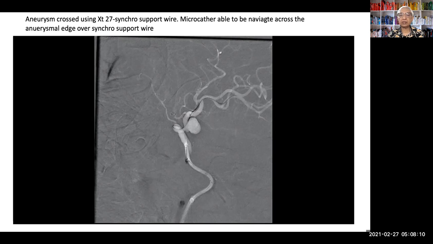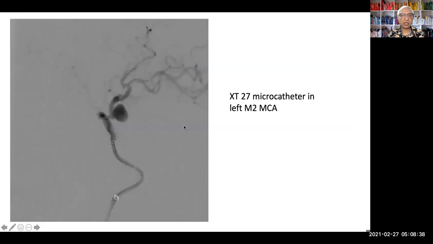Dangerous, I know, at times, but at the same time, this is technically impossible with the soft wire because this maneuver would just not be possible. So now we got the XT across. Remember, as you take this across, that you take away all tension from the wire so that it doesn't suddenly move forward, which is very, very possible because of the very high tension in the stiff part of this wire proximally. So now we have the microcatheter across,